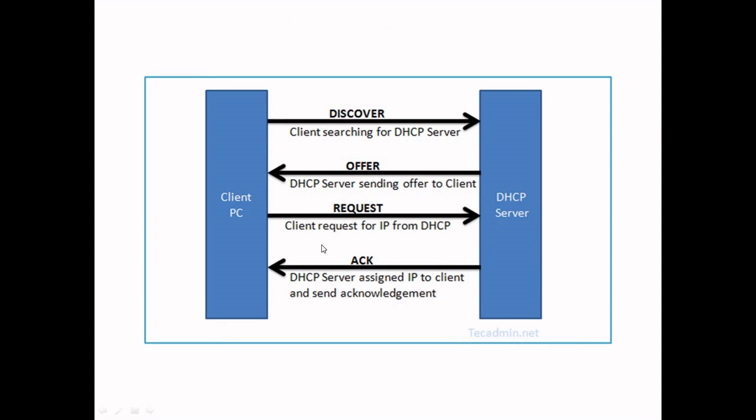Between server and client, four messages are exchanged. Initially, when the client is switched on, it sends a discover message to the entire network. Whenever it sends a discover, the DHCP server understands that the client requires an IP address and gives an offer saying that it has one IP address. Now the client again sends a request for the lease, how long it can use it. Once everything is over, the server acknowledges, and it is entered in the log file.